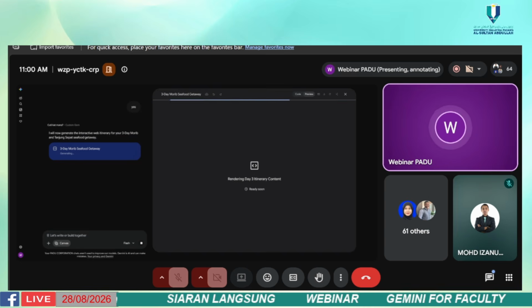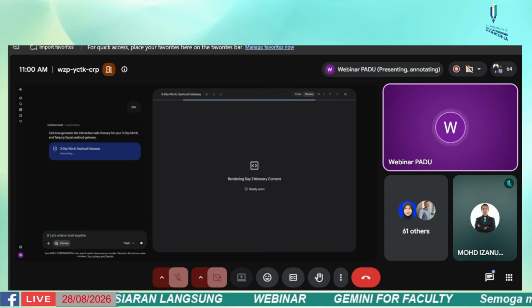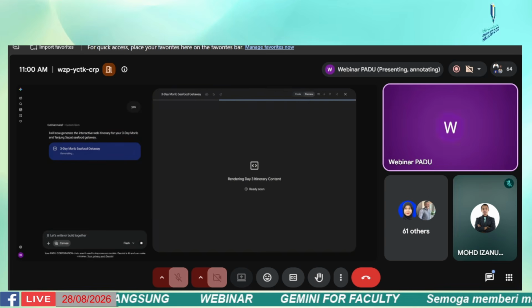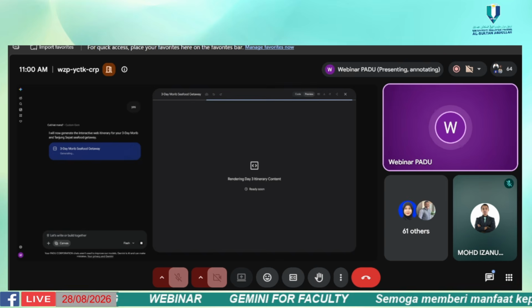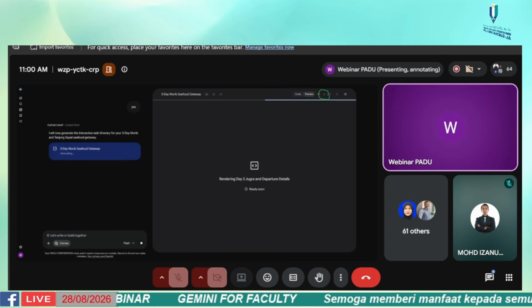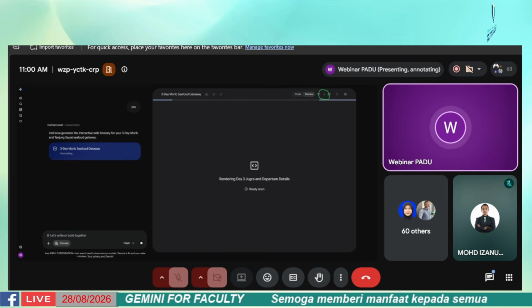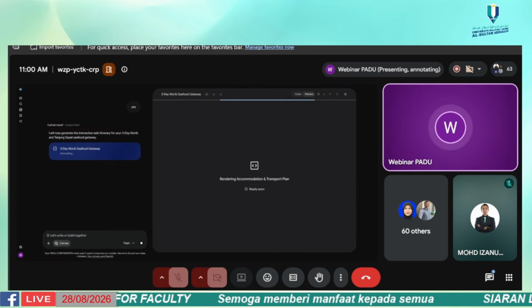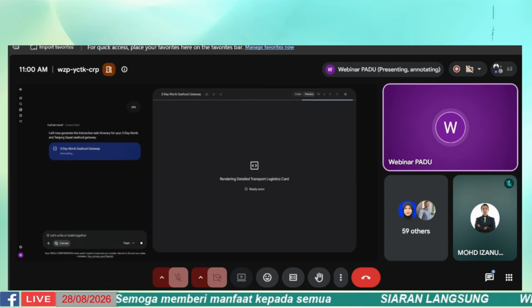Now, very important, lepas web page dah siap, once the web page is finished, how can I download the web page? You can download it here. You see here, there is a download button. You can download it. It will download as an HTML file. You can send the HTML file to yourself, to your family, to your friends, or to your office mates